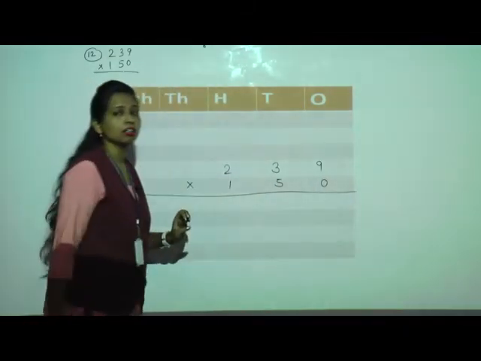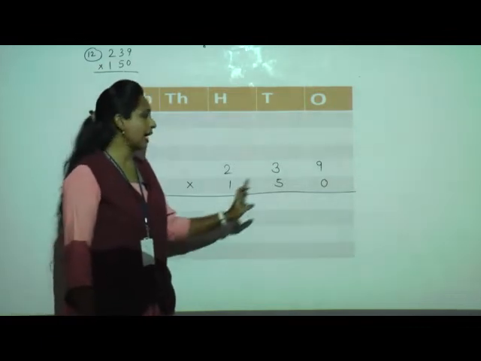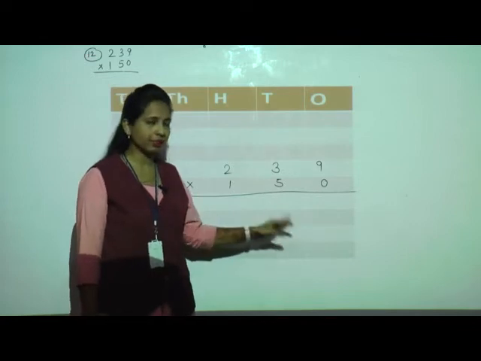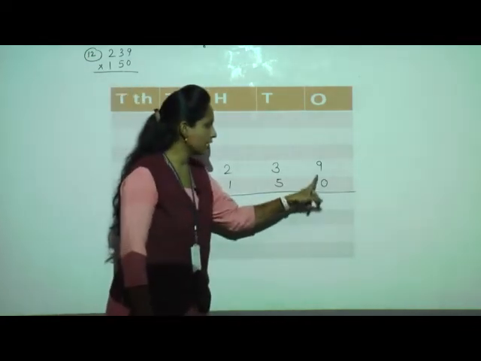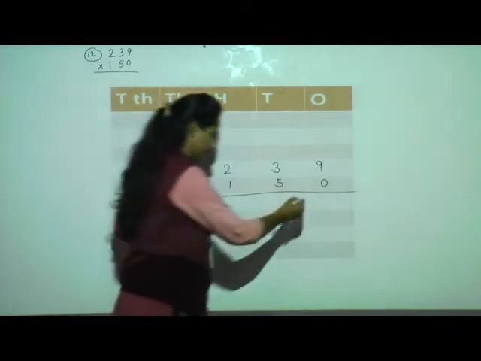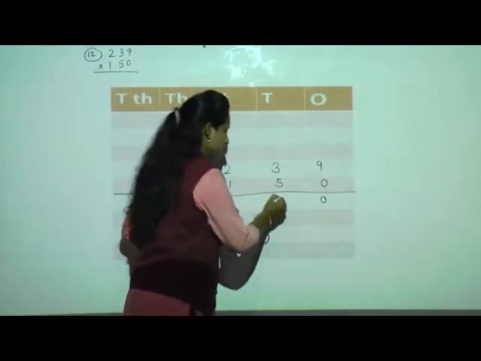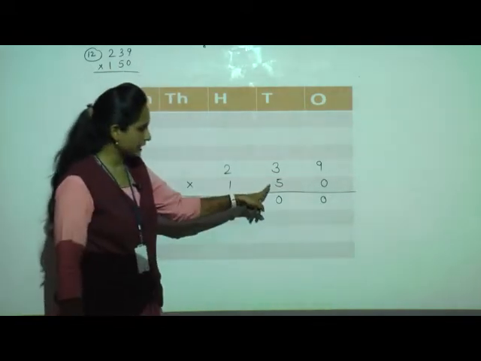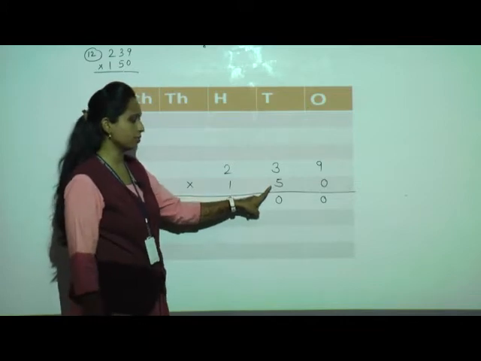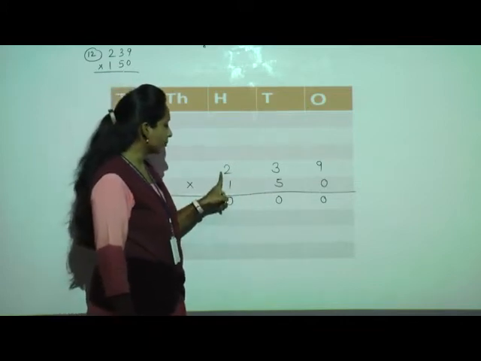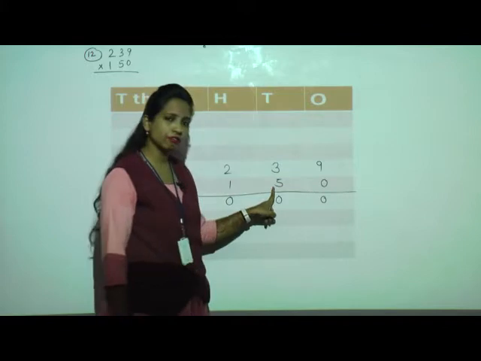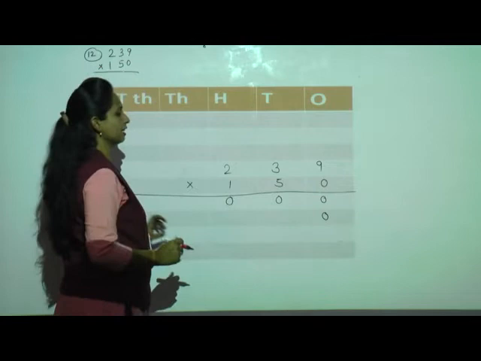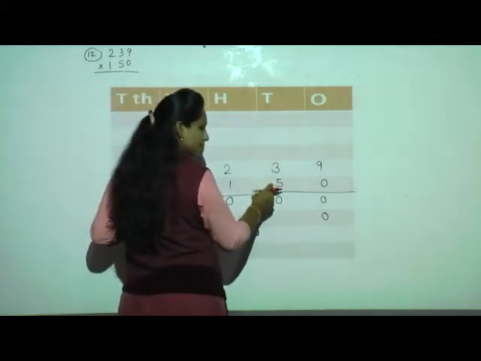Now see. Here what I'll do in this case, I'll take the 0 product also. Okay. What will happen? Now you will see. Now 0 multiplied by 9, 0 only. 0 3s are 0, 0 2s are 0. Now we will start the multiplication of 10's place. What is there on 10's place? 5. 5 tens. Now we have to multiply 239 multiplied by 5 tens. So put 1 0 at once and start writing from 10's place, because we are doing the 10's place multiplication.